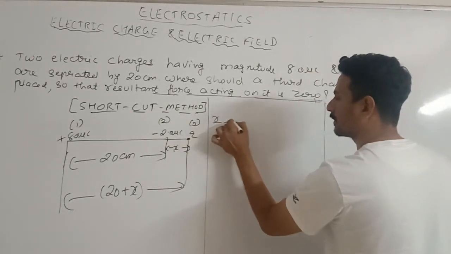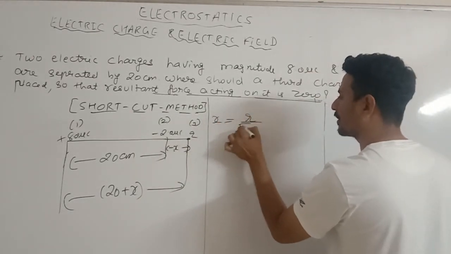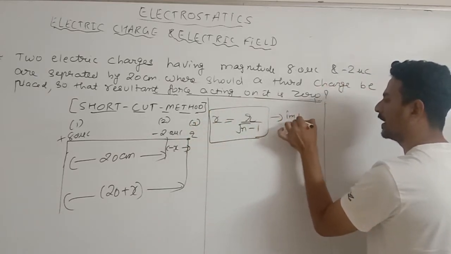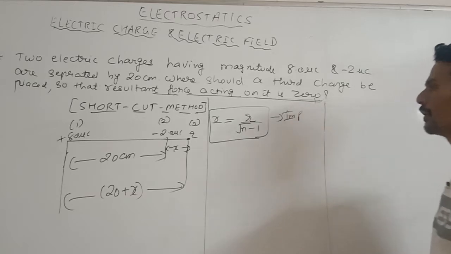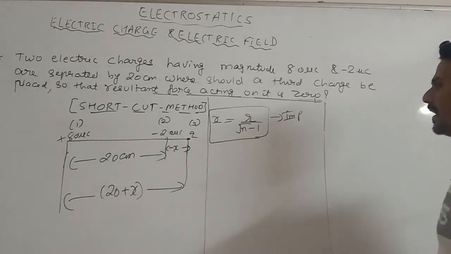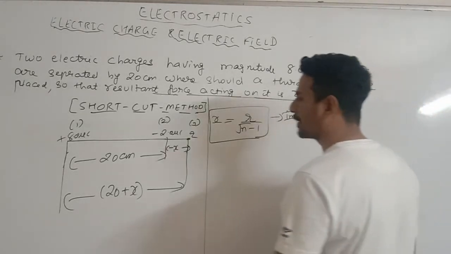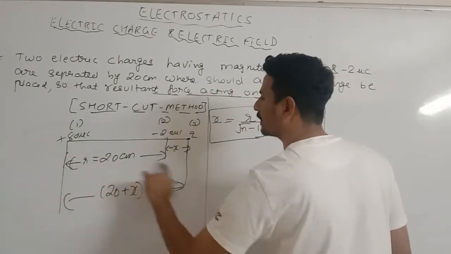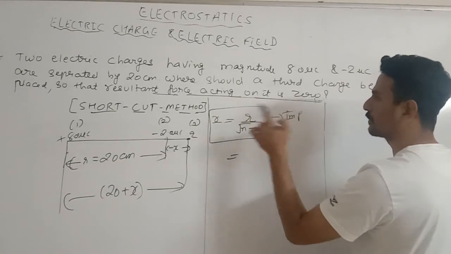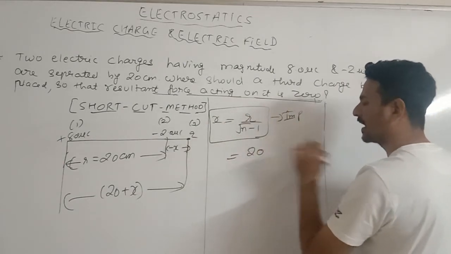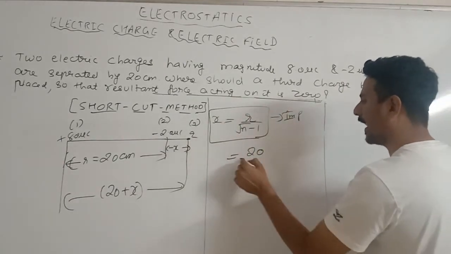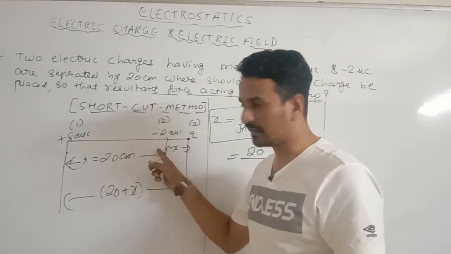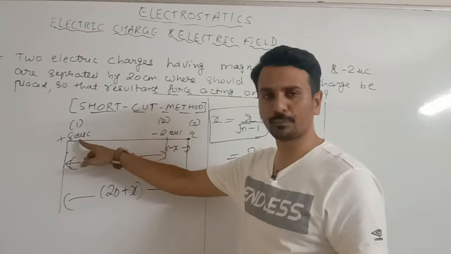See, for this there will be a shortcut formula. This will definitely be an important formula for all of you. Note down this formula: x is equal to R upon root n minus 1. Now, R means the distance between two charges, which is given as 20. So in place of R, what can we write? 20. Root n means